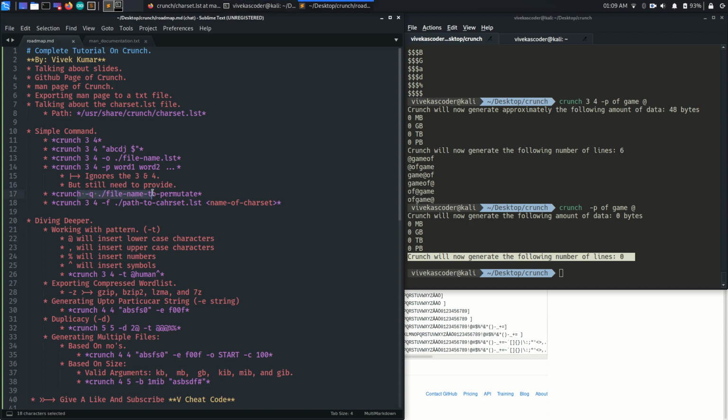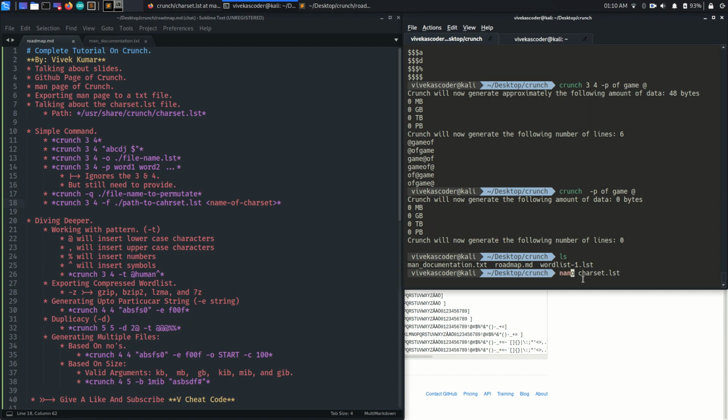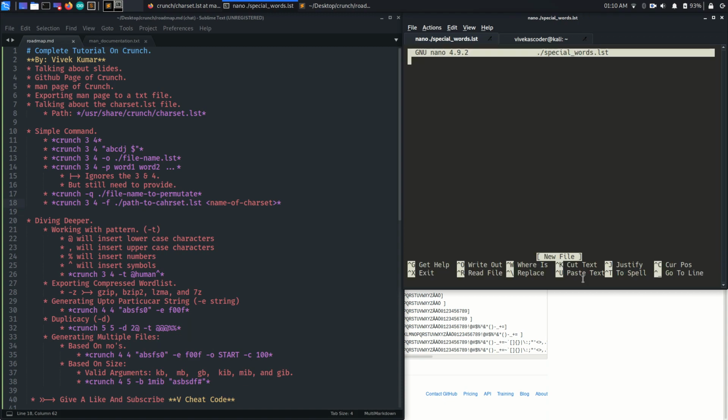So now let's talk about generating the same word list by permuting the words from a particular file. I'm going to create a file using nano, and the file name is going to be, let's say, special_words.lst. I'm going to write some of the same words: game, off, hashtag.